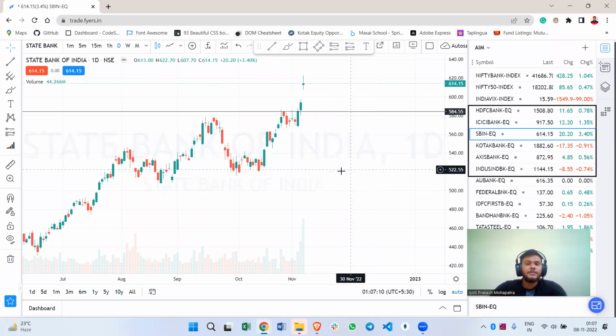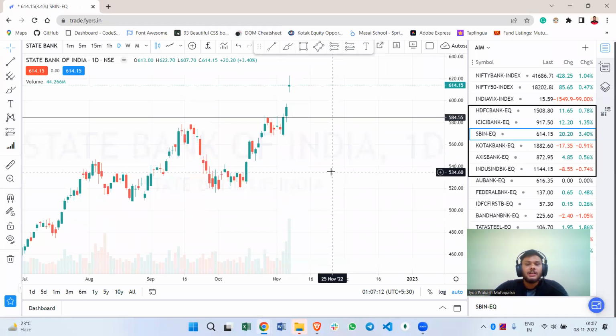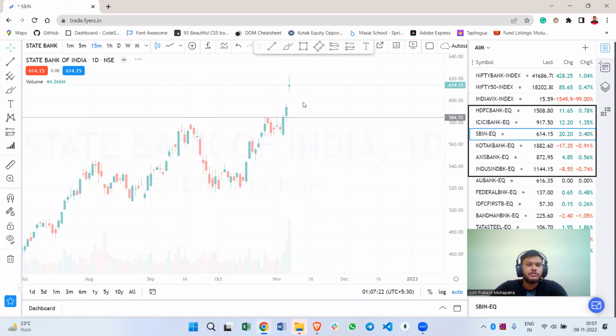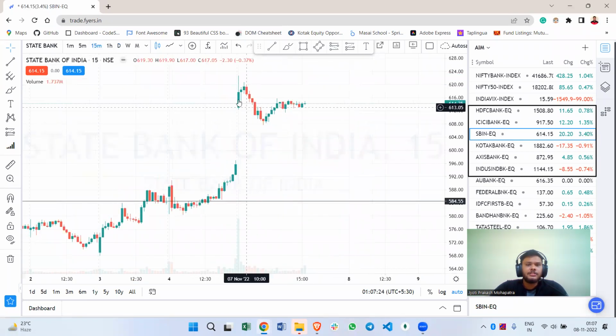Here you can see that in SBI Bank, it opens gap up, and after that it continuously goes volatile, and it shows some buying movement here, and also some selling movement here. If you look at the 15-minute candle, you can see that it opens gap up and continuously goes up. After that it goes down, but at the end it shows sideways movement and closes around